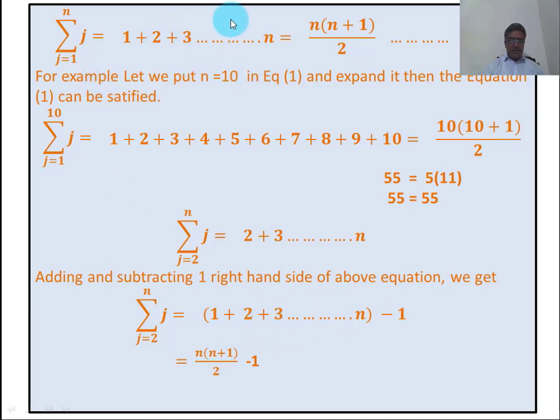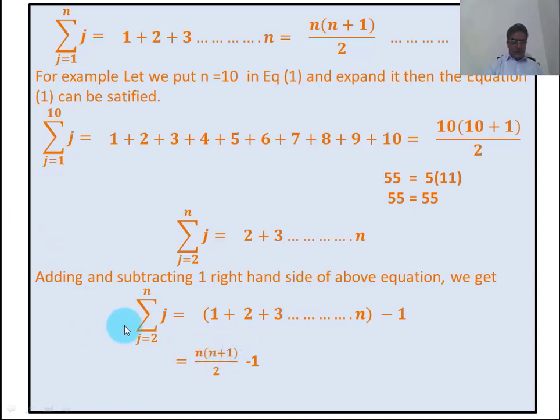This is equal to n into n plus 1 divided by 2. So we put here n into n plus 1 divided by 2, and this minus 1 is subtracted from this series. We here write minus 1. This series is equal to this general form, and we are subtracting minus 1 from it, so we will subtract minus 1 from this general form.